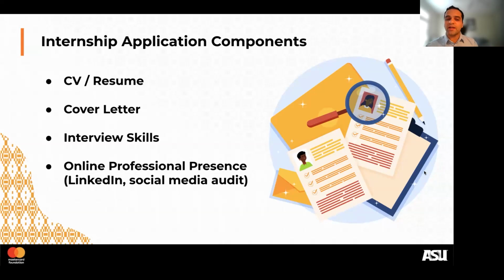Somebody will give you real feedback. And then I talked about this, and this will come up multiple times. The online professional presence through LinkedIn, social media. Make sure that, for example, your LinkedIn is polished and professional, but also other social media. If you have anything public, I'm very careful about telling you what to put there, because you should be free and be yourselves. But the only thing I will say, ask yourself the very simple question: this thing I have is public. Do I want everybody to see it? Is that going to be okay? If the answer is no, I would think a bit more carefully about it, if that makes sense. That's what I would say.